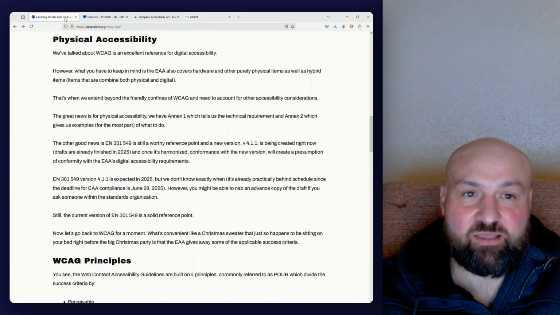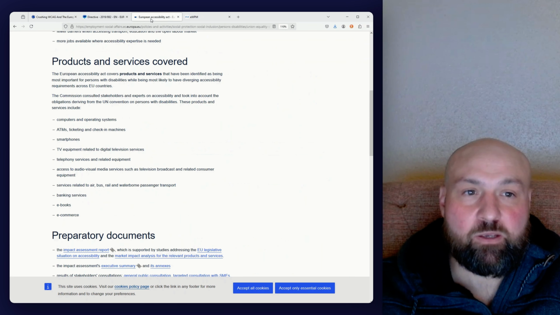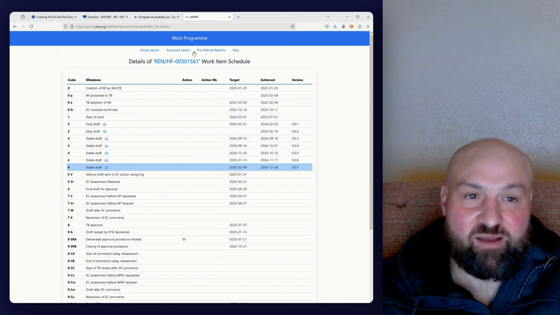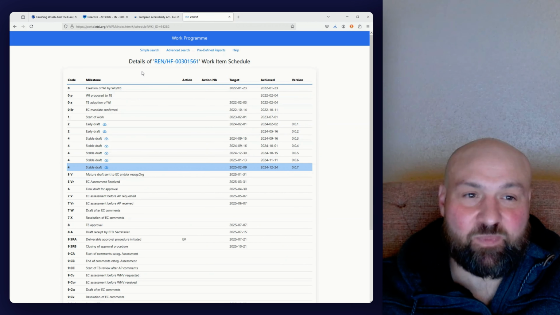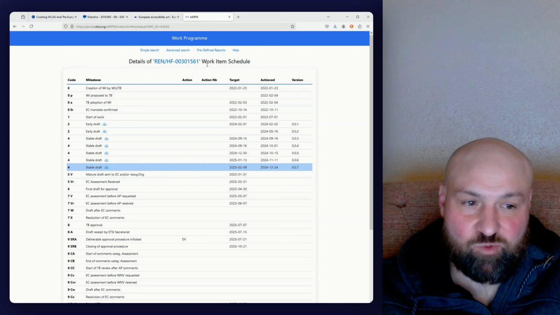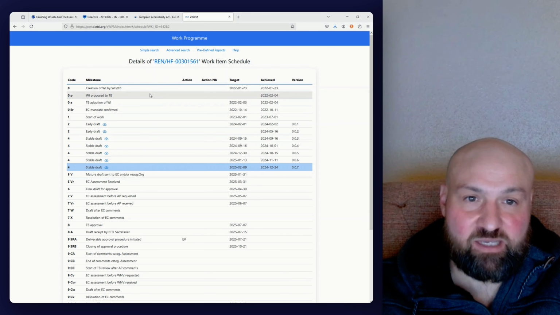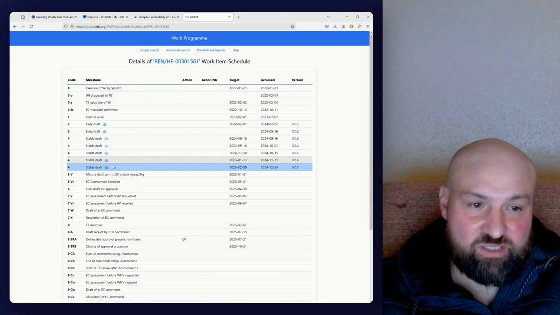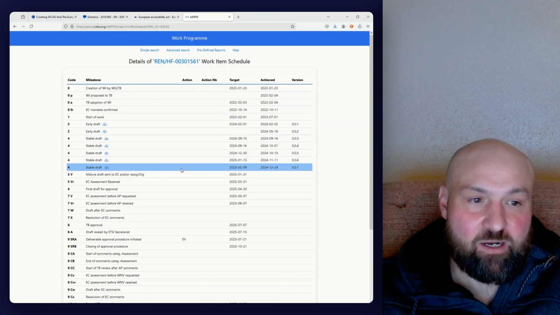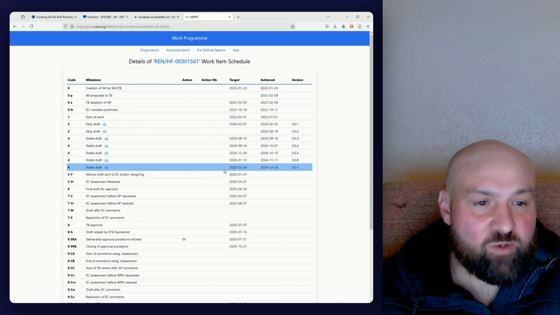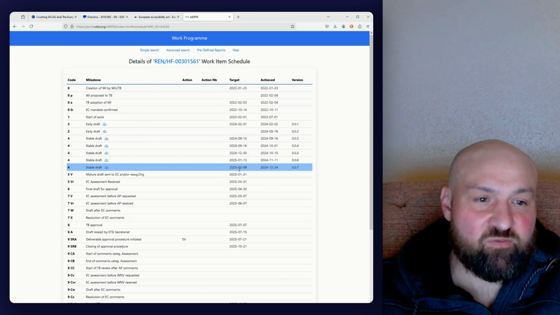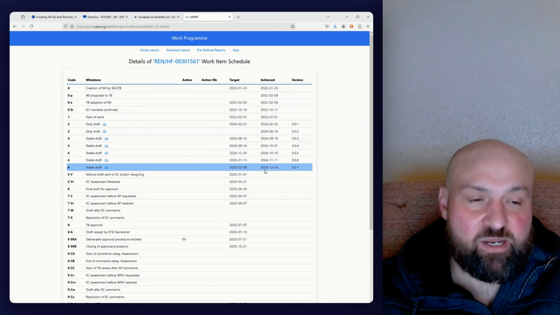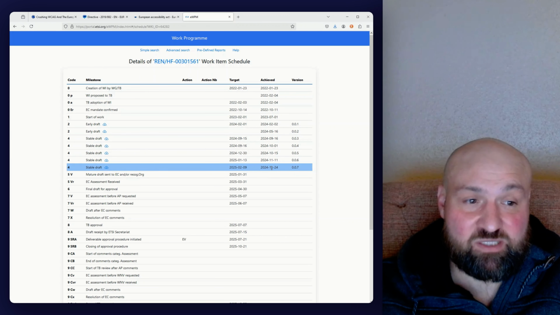And so actually, let's look at that now because I have that pulled up. This is what I have here. So this is the work item schedule. And this is linked from the etsi.org website. And so here we see there's a stable draft, and it's what do we have here? The target date is 2025, February 9th, and it says achieved, it says it was achieved on Christmas Eve, so